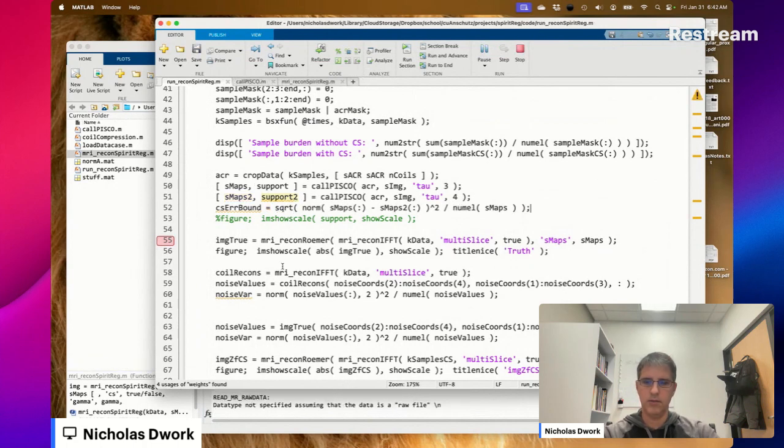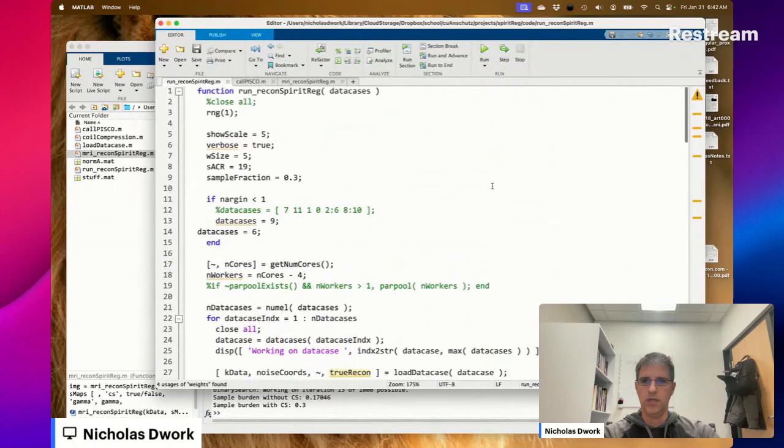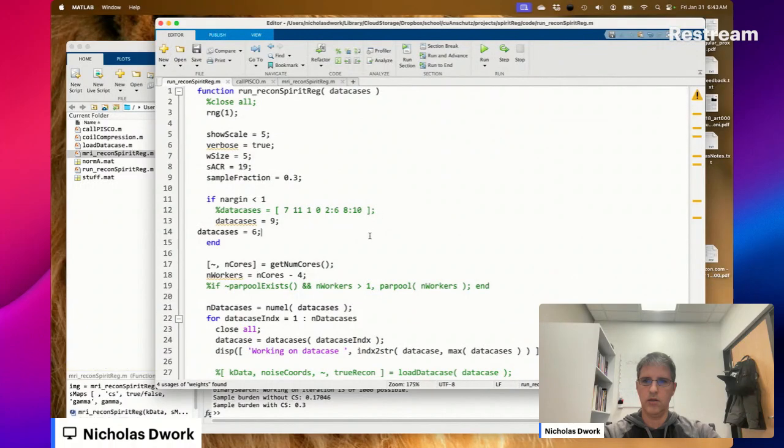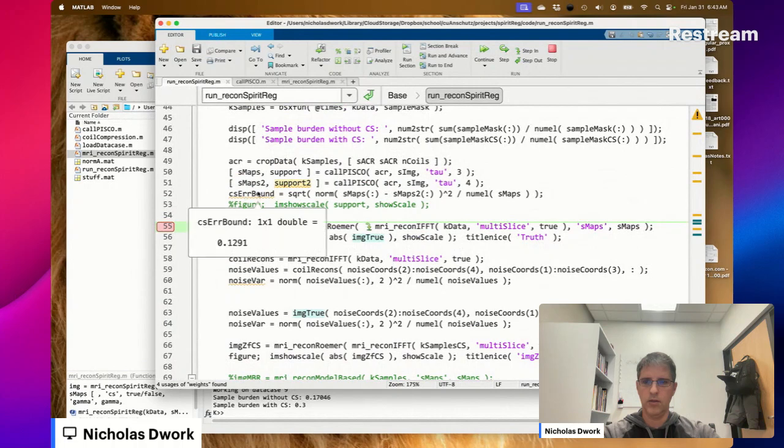What's that error bound? 0.15. And what is it for? Data case 9? 0.12.